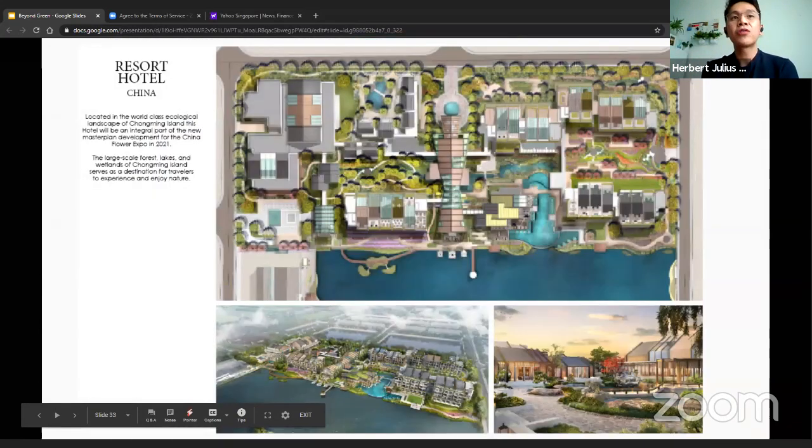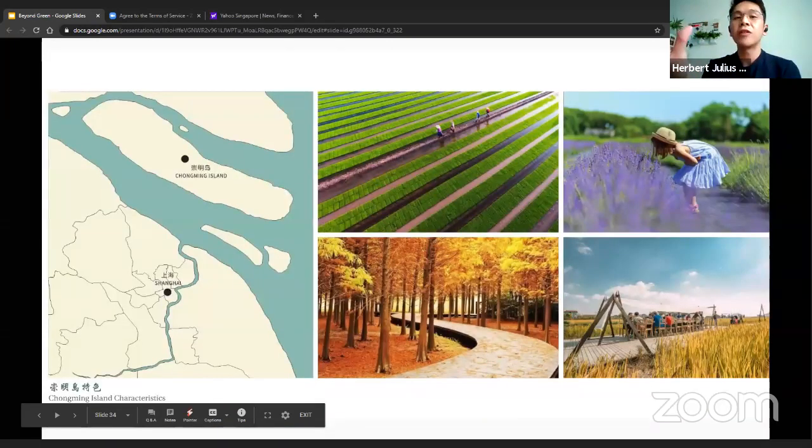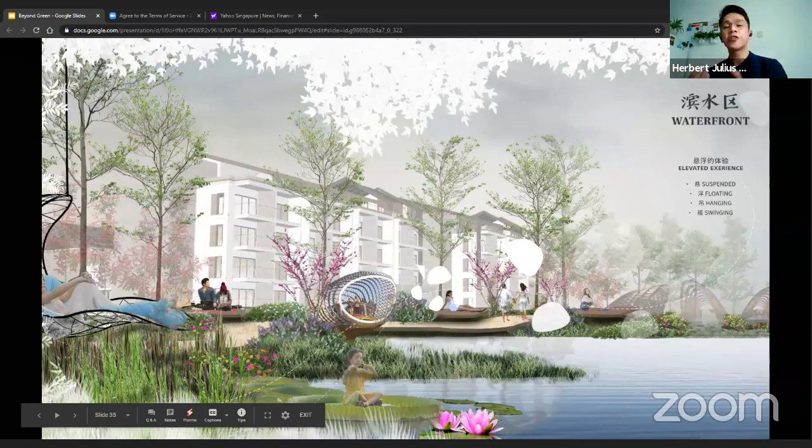And another resort in China, this was a competition. This is the last that I'll be sharing. Also a five-star hotel. It always starts with what the location is. Just a bit north of Shanghai, agrarian in nature, all about farming, and that's the inspiration